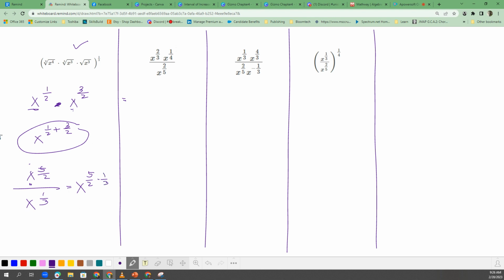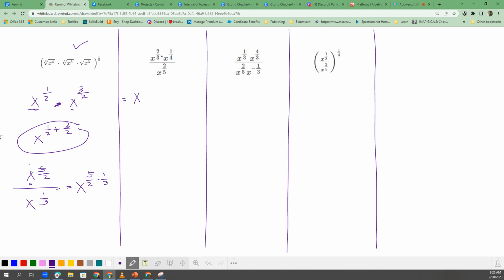Now, how about if you have something like this in the problem? Well, everything in the numerator, basically, you add their exponents, and the ones in the denominator you subtract. So what do I mean by that? In this case, you have two factors that are in the exponents. So you have x to the power of